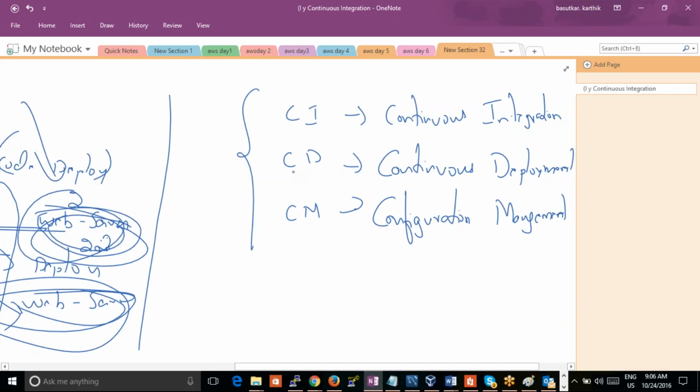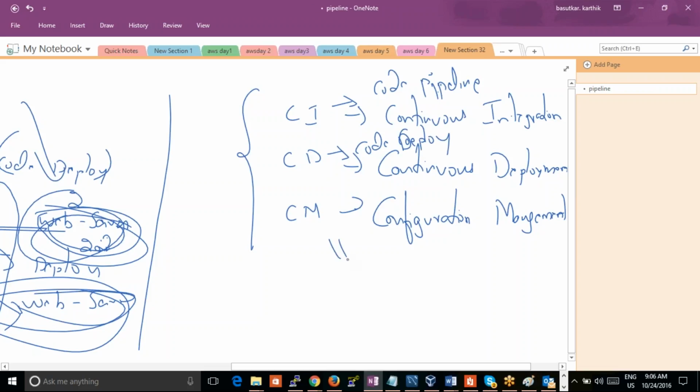So Jenkins here, మన AWS service లో CI is code pipeline, CD is code commit, code deploy, and CM is ops work. So what are all these differences? ఈ మూడిటికి differences ఏంటి అంటే,